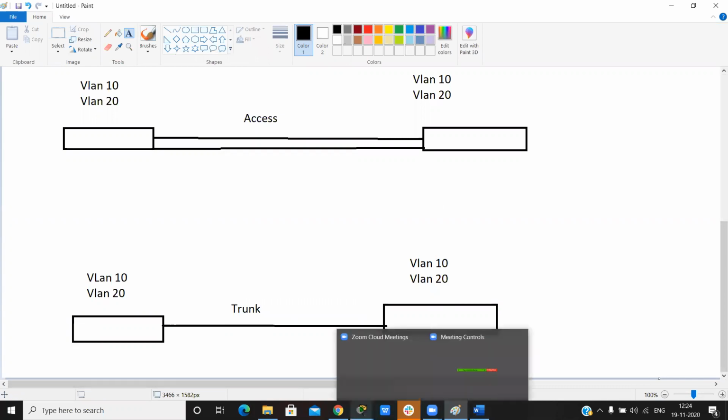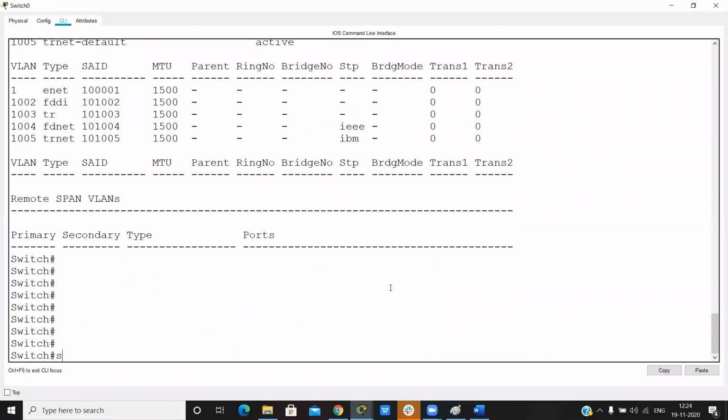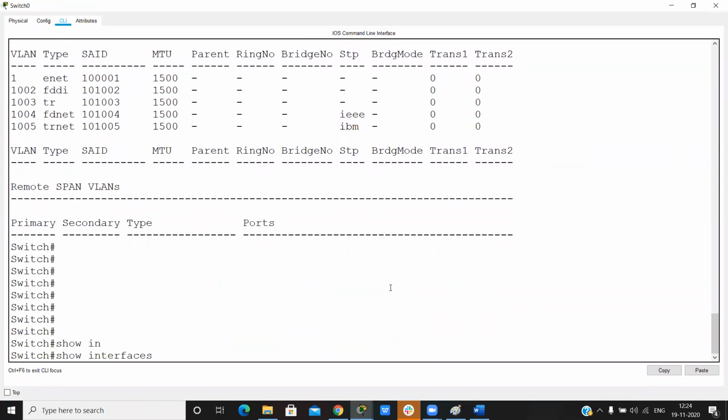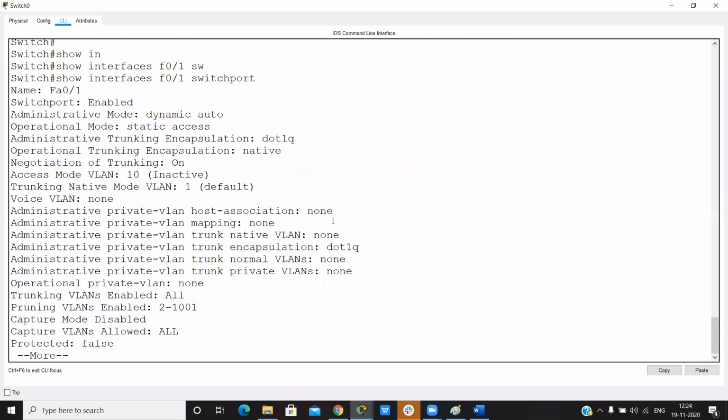So how do we configure trunk and access? Firstly, we can check with show interface F0/1 switchport. By default, our operational mode is static access. Okay, bro.